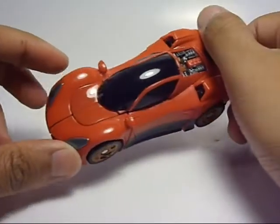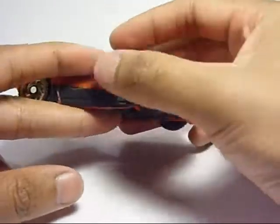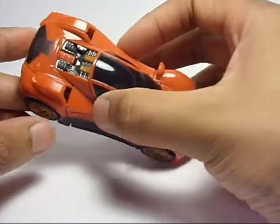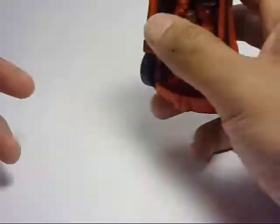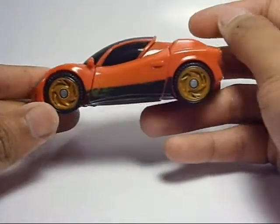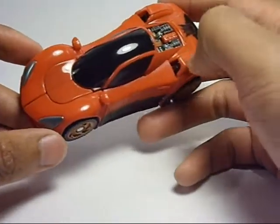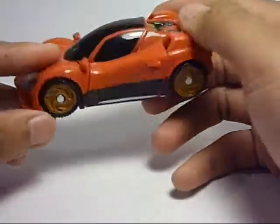All right, his alt mode is... I have no idea what it is. I mean, it's a car, yeah, but I don't know what car it's supposed to be. It looks way too animated to be anything in the real world. But what we can learn from looking at his car mode is he is probably the only one in the entire line that looks animated, at least until this other Scout Class figure comes out. He's also a Decepticon and he's also a car. But I'm just going to say that he is Hasbro's excuse for a Lotus Elise. Probably because they couldn't get licenses to it, like they couldn't get licenses to the other things. But yeah,